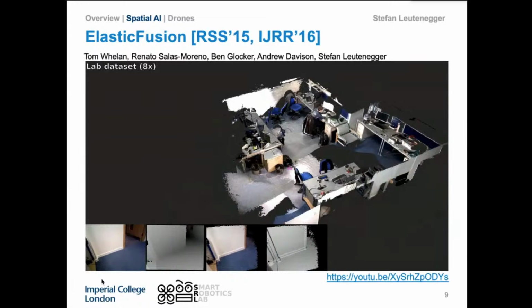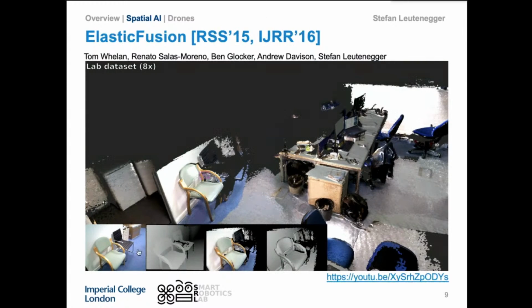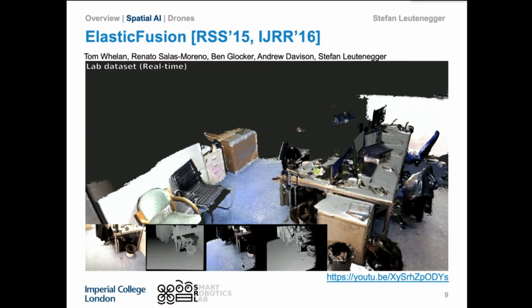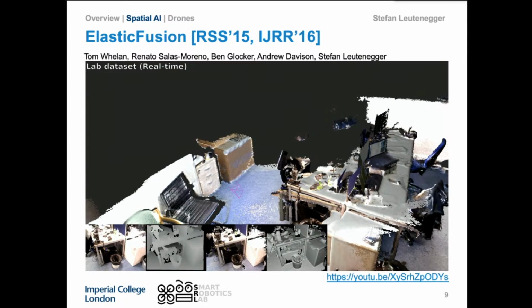Okay, so I think it's just going to show a little bit more detail about that. I apologize if the video is not entirely smooth; I think it's stopping in between a bit. I don't know why. Okay, so it's just happening here again, right? You see two instances of the map being created, and again, by basically ICP alignment, we find how they can be brought into alignment, and then we solve this deformation graph that brings the whole map into alignment. So this is now the kind of thing that you have to do,